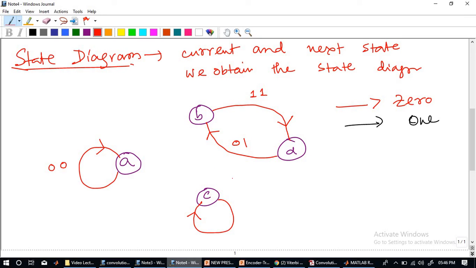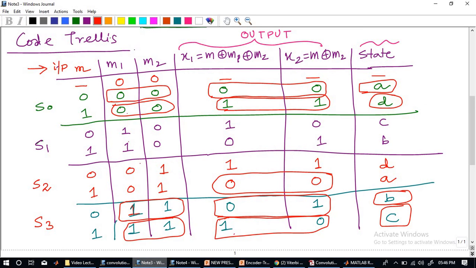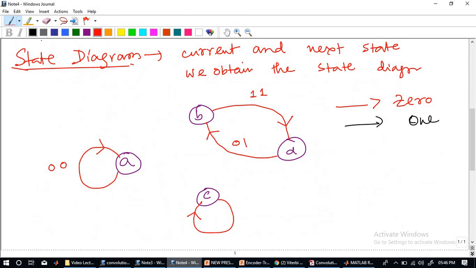Similarly for 1 you will get the connection from A to B or A to D like that. For example, when the 0, 0 state or A state is there, 1 comes in, the next state is D. So for the black color, the node will be something of this nature. Similarly for all the nodes you will get, one after another, the state diagram. So this is what we call the state diagram, where we are consolidating all the states that are possible. This is a compact representation, but the decoding process requires the code trellis. That's why we are doing the code trellis separately. But this state diagram also can give you the understanding.